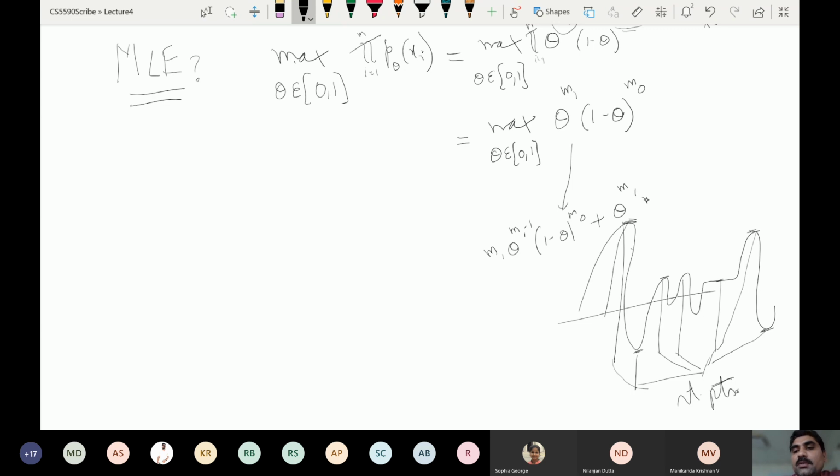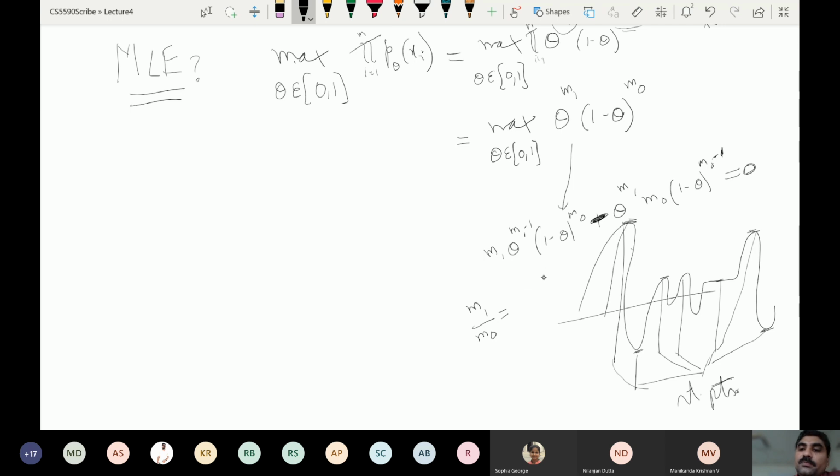Then this into m naught into 1 minus theta to the power of m naught minus 1 into minus 1 for the derivative of minus theta, right? So this should be 0. If I cancel out common terms, what will I get? I'll get m1 by m naught is equal to